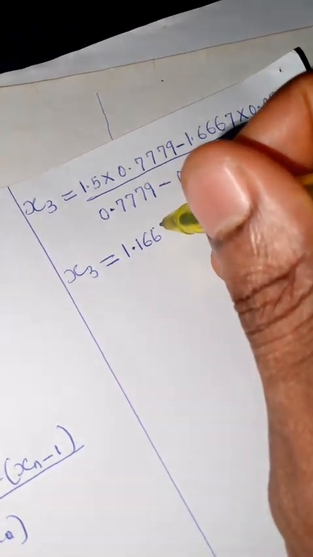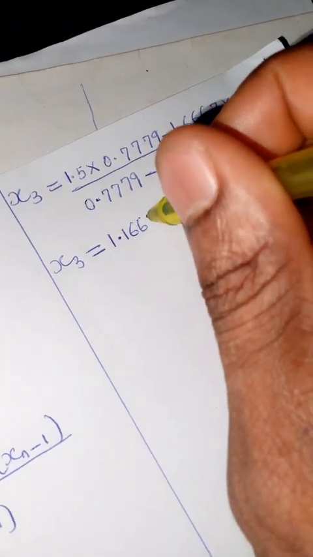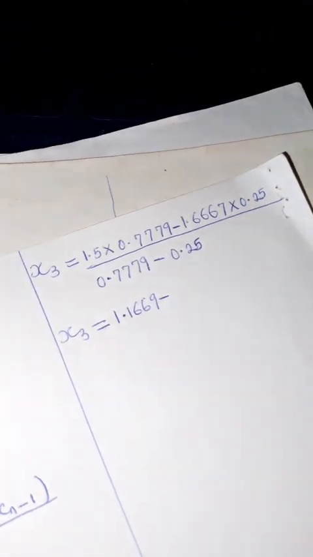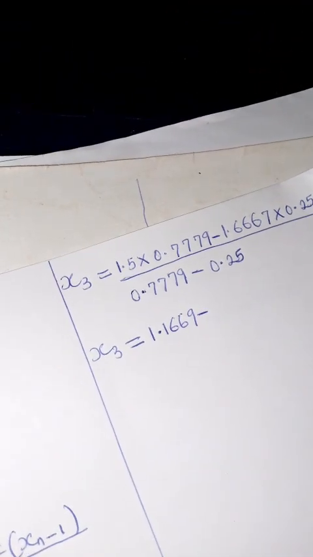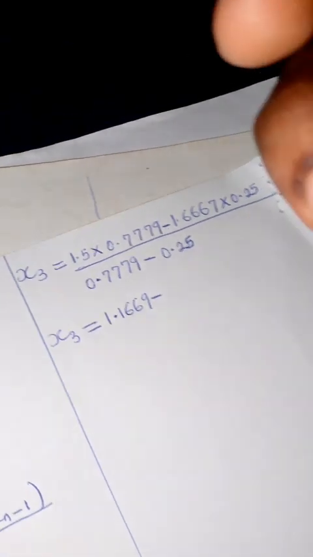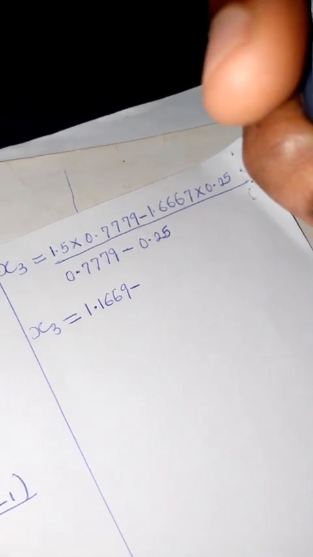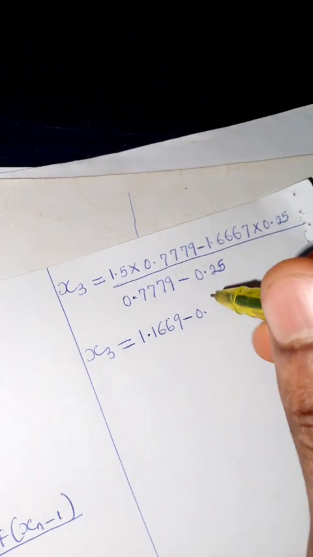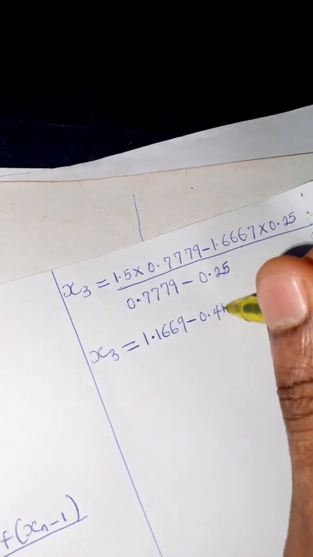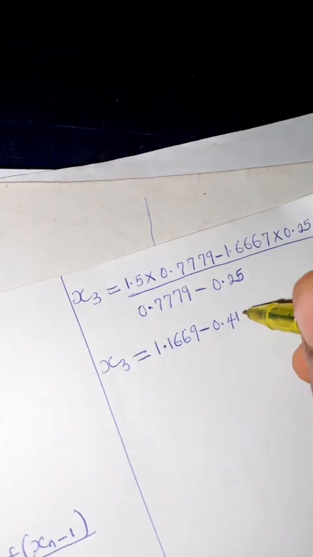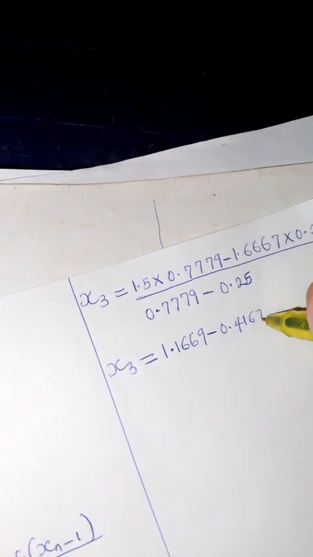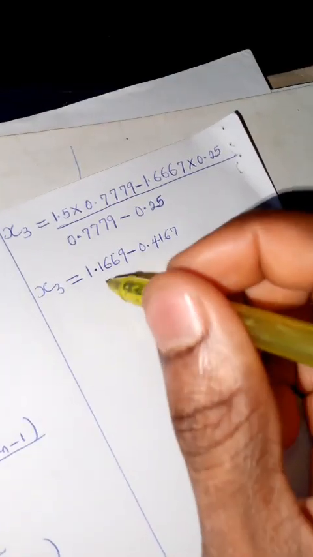Minus, we're also going to multiply this, 1.6667 times 0.25. So it'll give us 0.4167 approximately, over